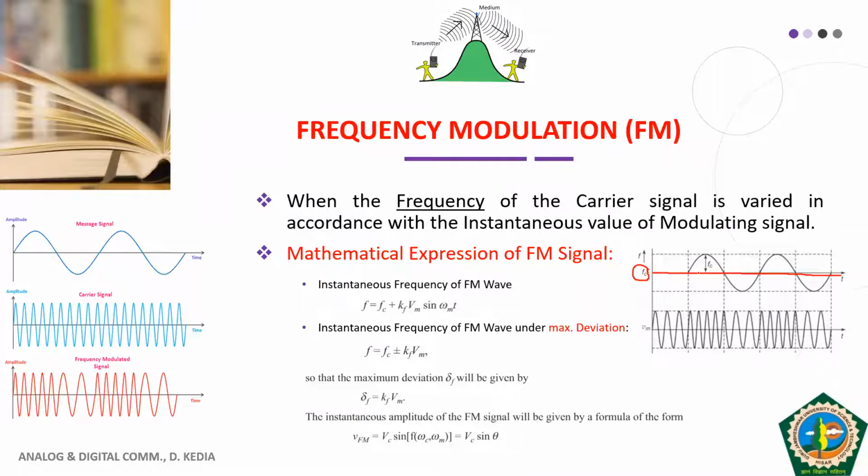Okay, so the amount by which it is away from this carrier frequency axis, that is known as deviation. And how much is the maximum deviation? This is the maximum deviation, that is the peak of this. This is the maximum deviation on the positive side. This is the maximum deviation on the negative side. So in a way, you can say that this figure is showing the deviation in the carrier frequency.